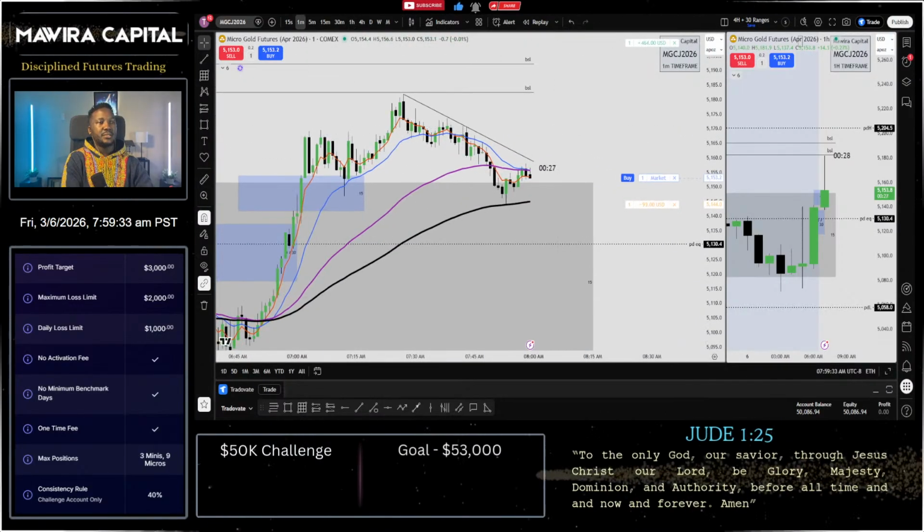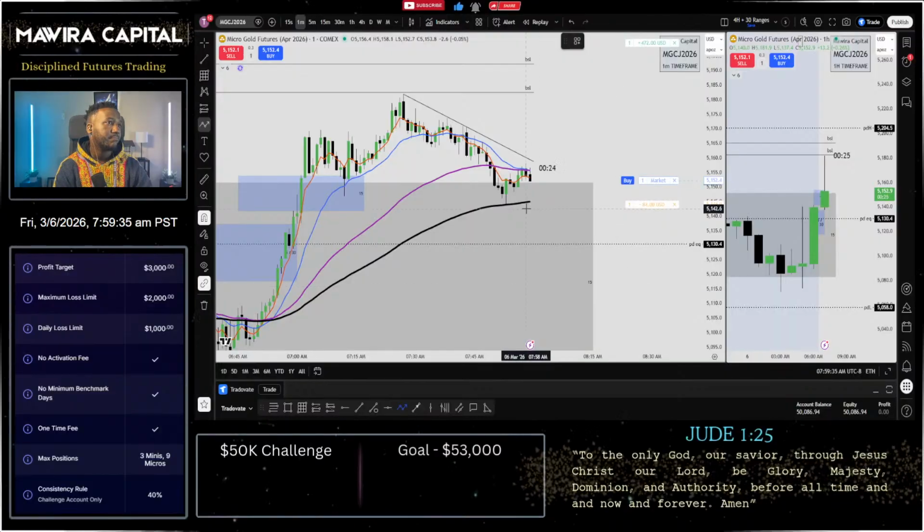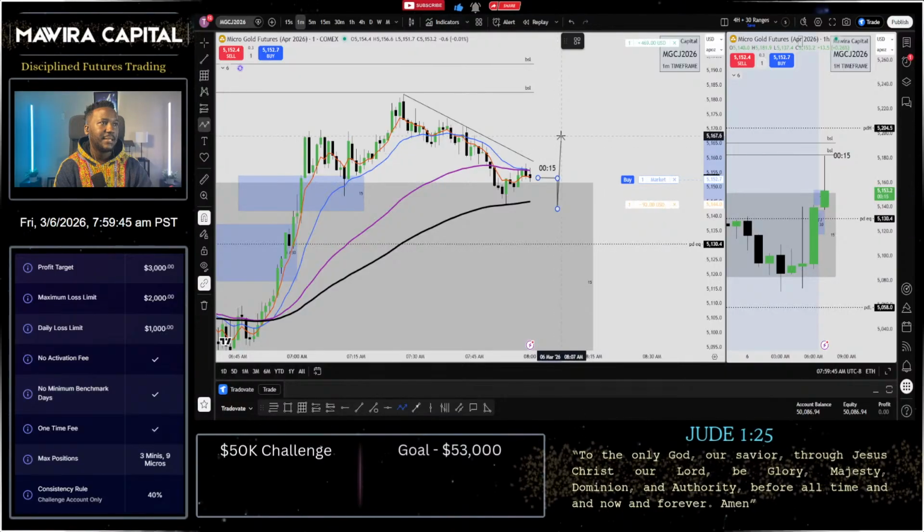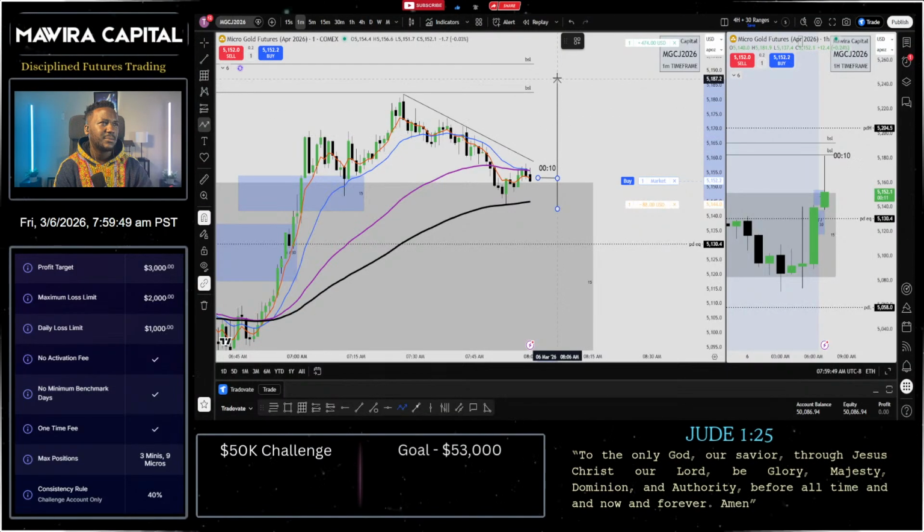Okay, I'd like to see something like this. If I could predict the 8 a.m. candle. If you could do something like this, it would be nice. And then come up. Actually, no. Up further.